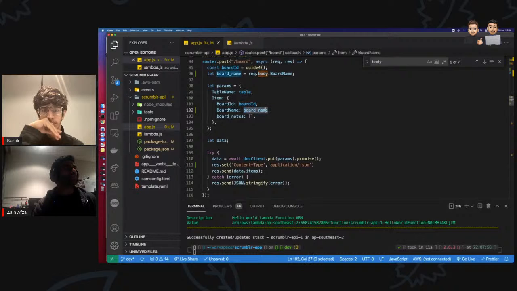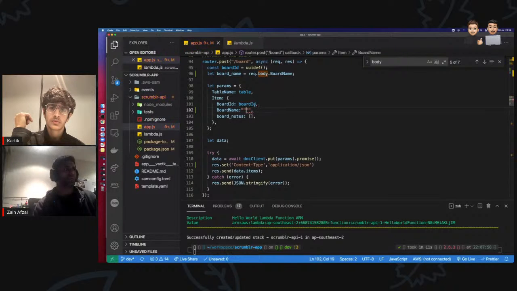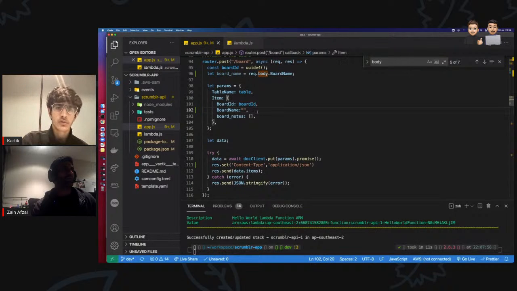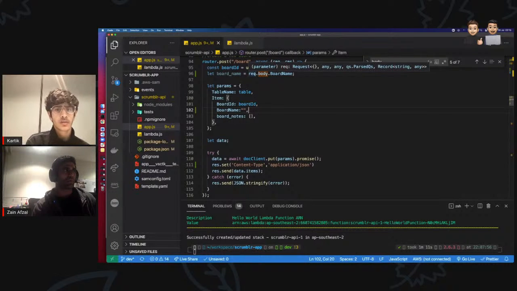This part can only have one value, so make it an empty string for now. And you know how we used to access the items array? You can go into the items array, find this board, and change the board name to the board name thingy.